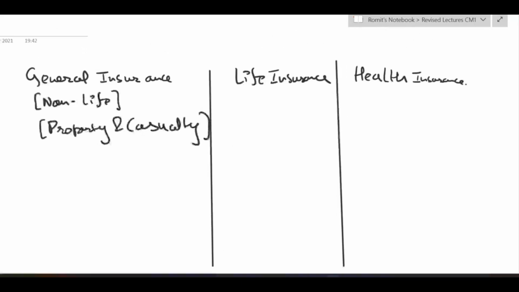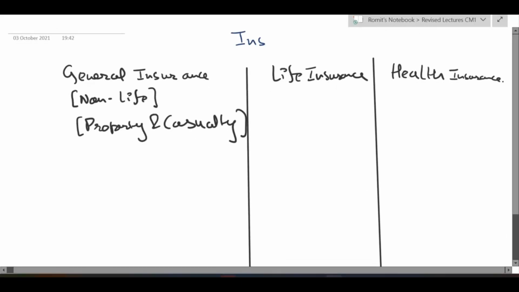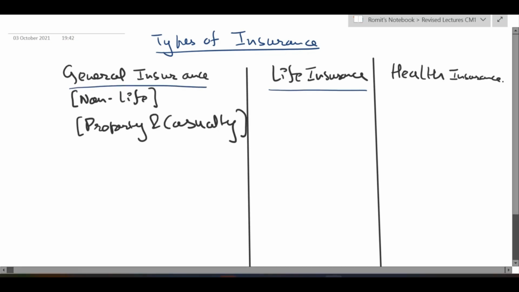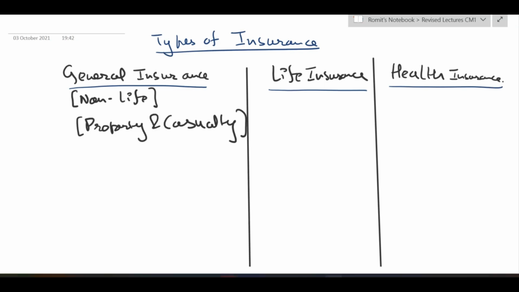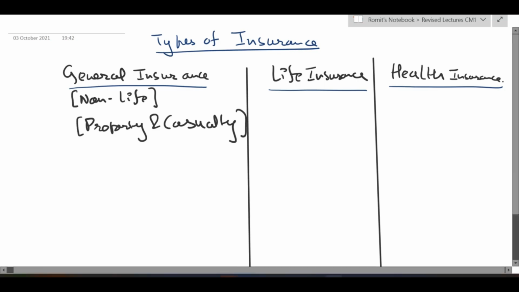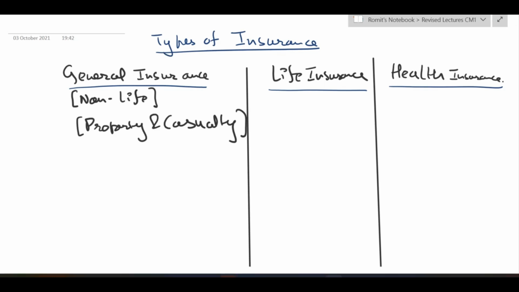Okay, so now let's just talk about the different types of insurance contracts. And as you might know, insurance can be broadly divided into three types of contracts. One is general insurance, the other one is life insurance, and the third category is health insurance. Health insurance has characteristics of at some level both life insurance and general insurance. So it's somewhere in the middle of the two, but you will broadly find the classification to be between these